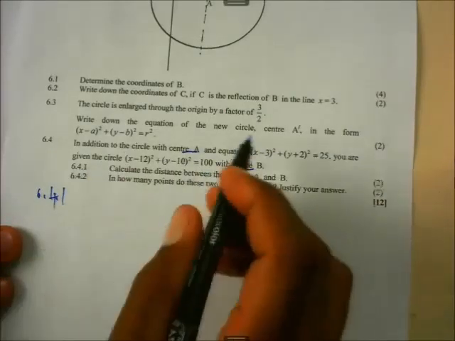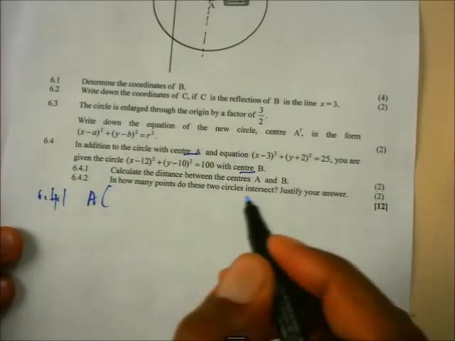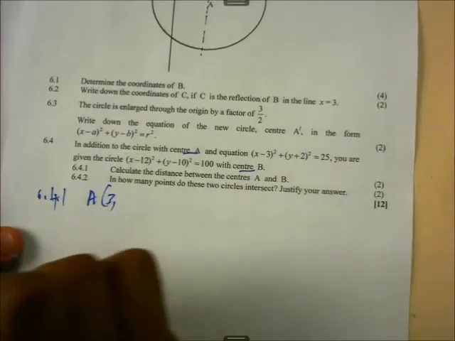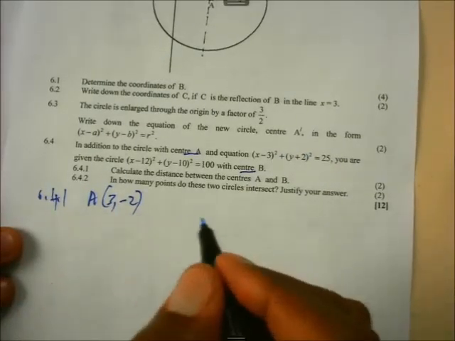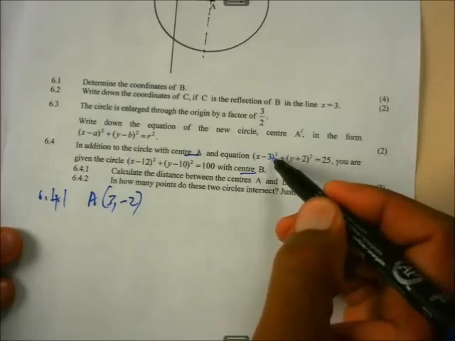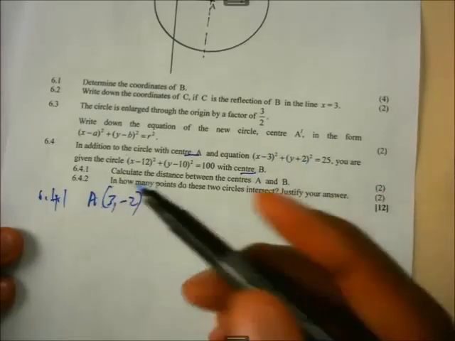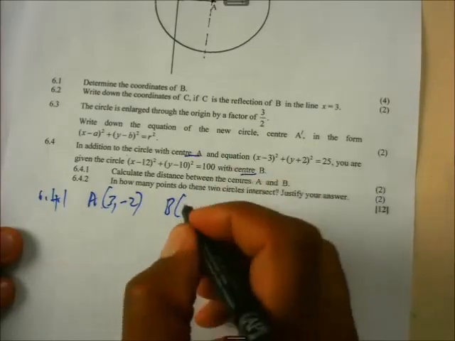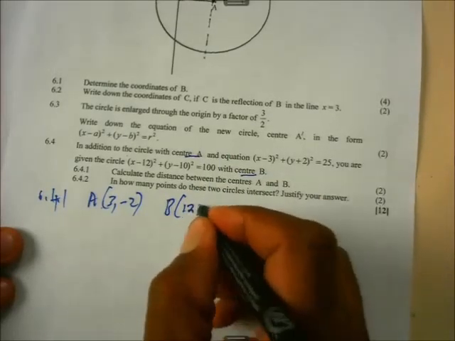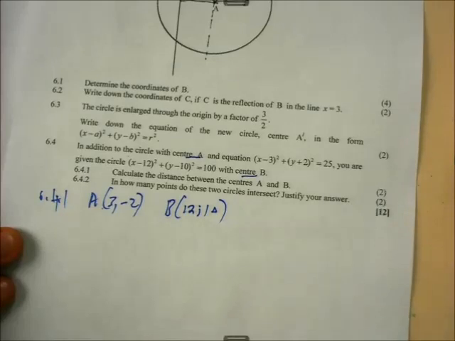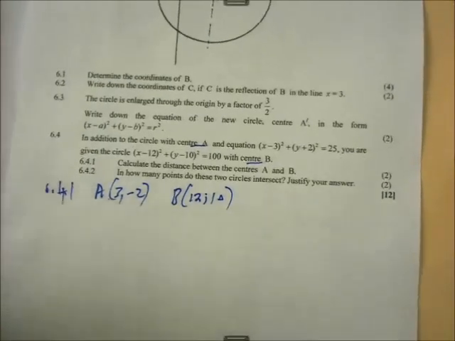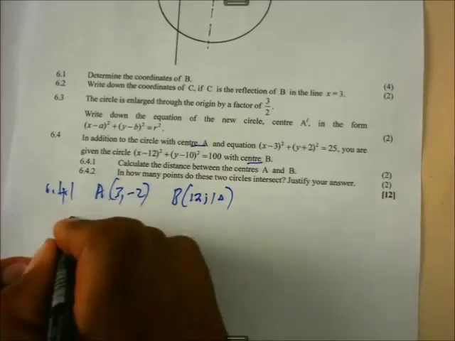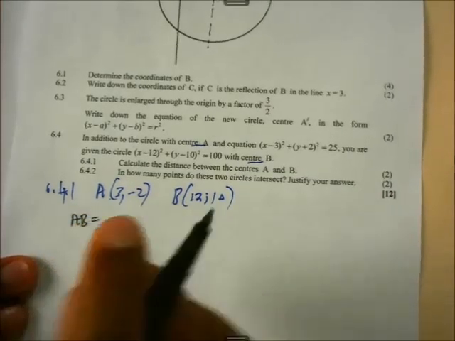Right, now the center A here, the coordinates there are what? They are 3 as well as minus 2. Remember, if it's a minus, it will be positive. If it's a positive, then it's a minus. Right, the second one is B. The center of B there is positive 12 as well as positive 10. Right, now we've identified the coordinates of the center. Then now we can use the distance formula. Now the distance of AB,